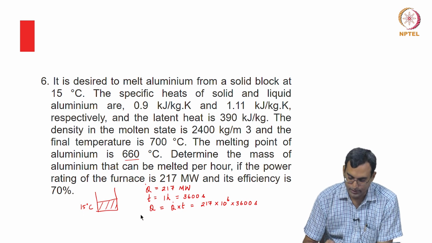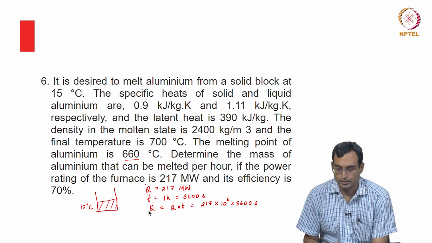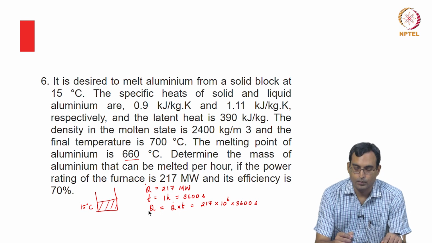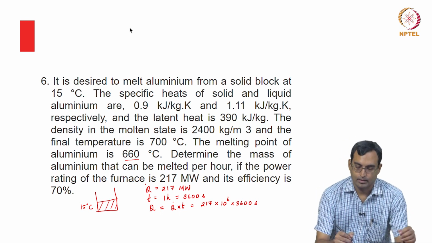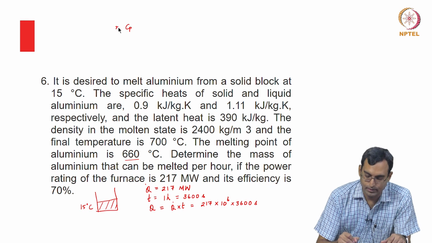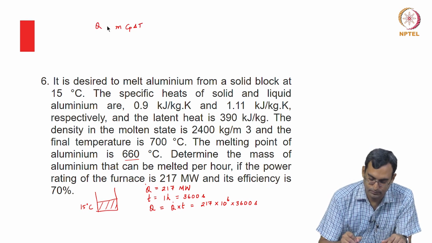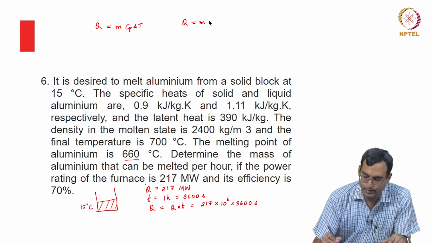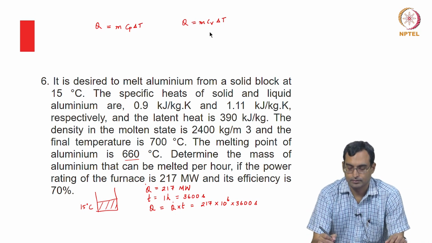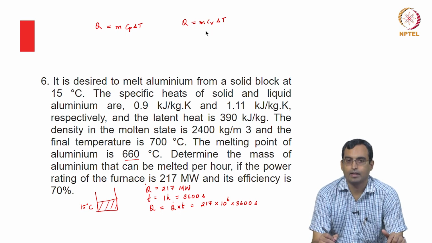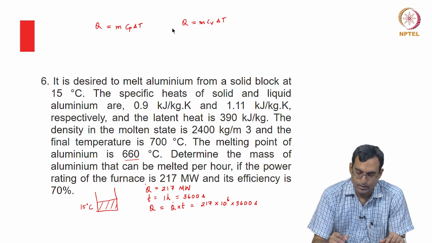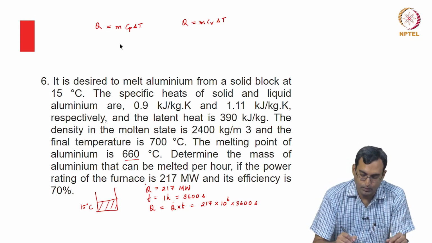In the case of a solid or a liquid, one of the things which we did not discuss, but we can easily see, is that we had the heat transferred at constant pressure as m into Cp into delta T. Heat transfer at constant volume we had as m into Cv into delta T. The difference between Cp and Cv is essentially the difference between the enthalpy and the internal energy times something. So, what we said is Cp is